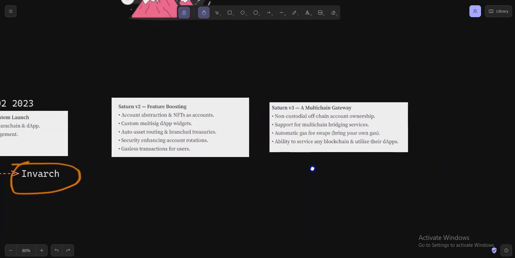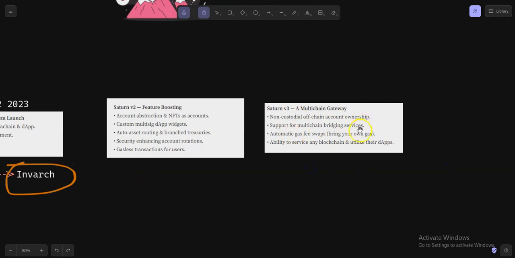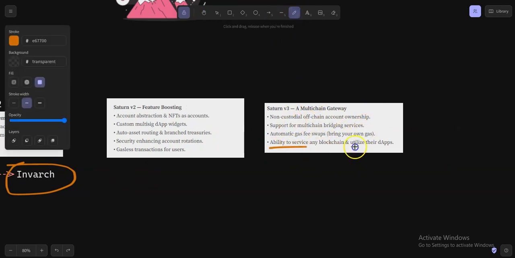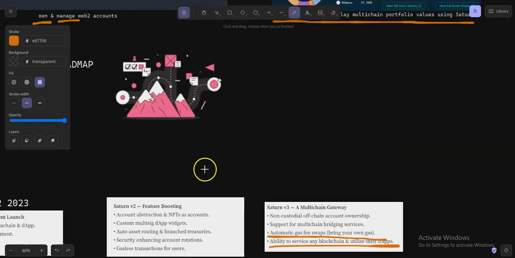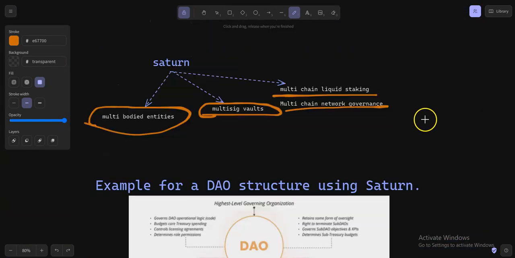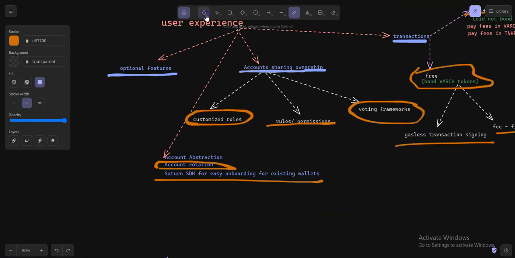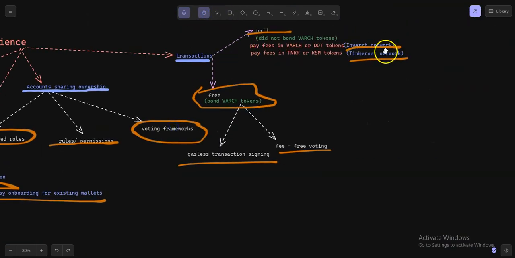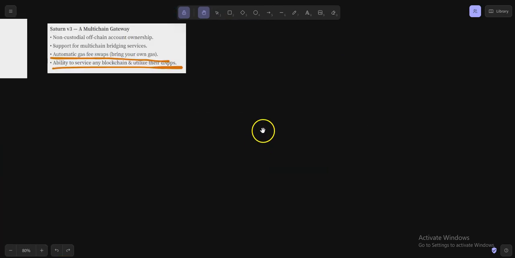And then version 3 is where we talk about the ability to service any blockchain that utilizes the apps. Automatic gas fees. So this bring-your-own-gas-fee feature means that you will not be required, if you so choose, to pay the fees in Invarch or Tinkernet tokens.